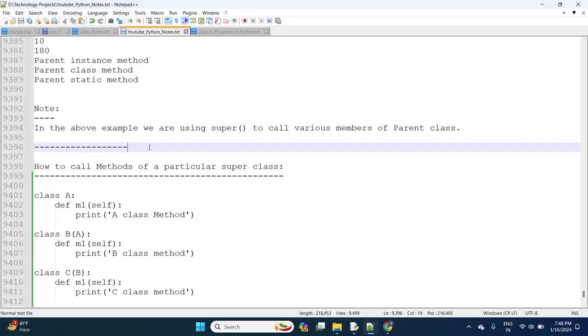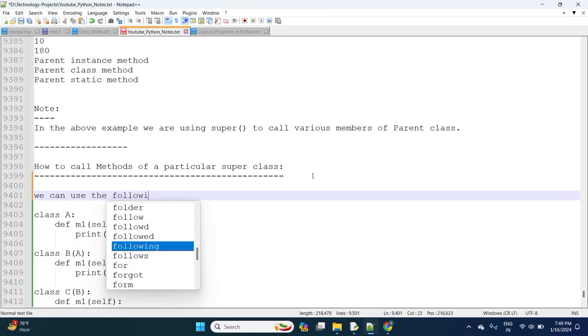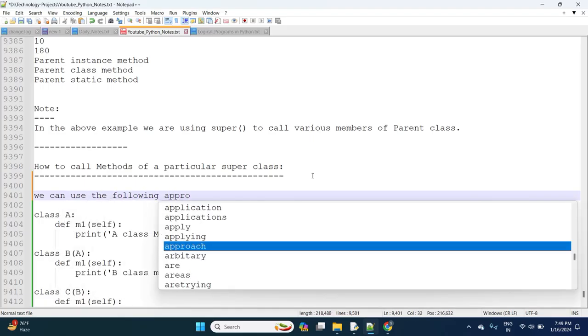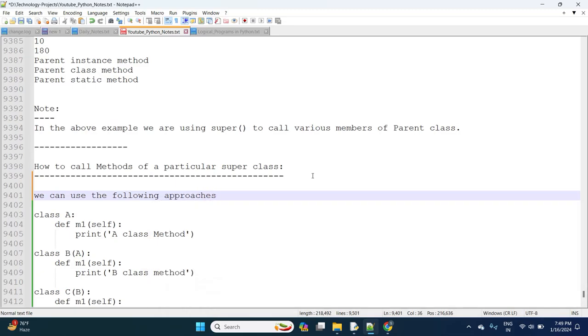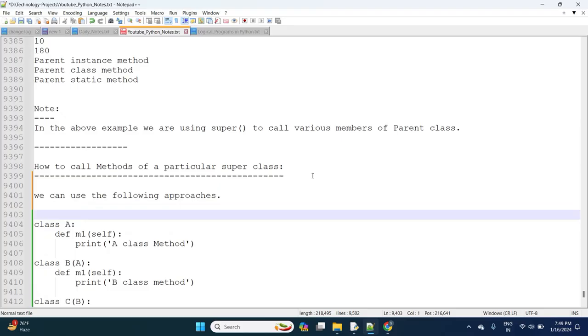Now today we are going to discuss how to call methods of a particular superclass. How we can access them? Normally we can use the following approaches. What are the approaches? First point,